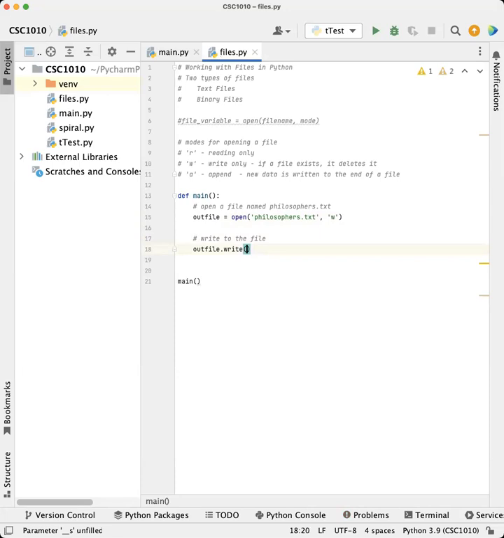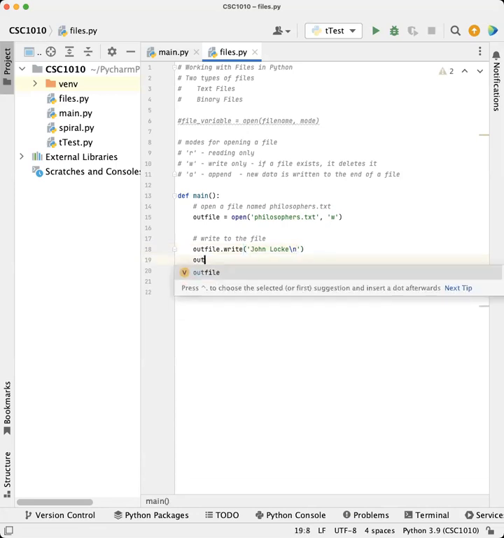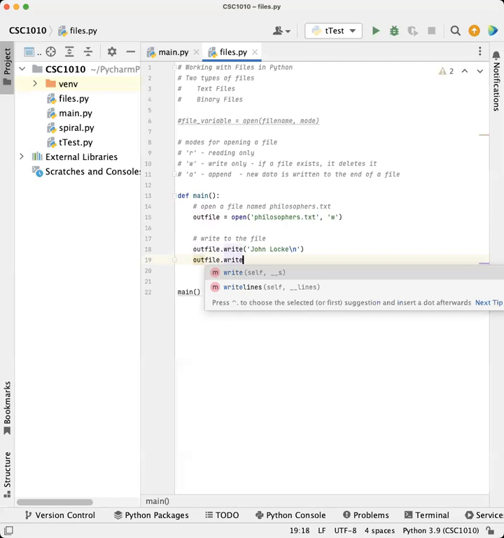Okay, so I'm going to do a write. What I'm going to write to the file is the name of a philosopher, John Locke. And then to organize my file, I'm going to do a new line character every time. So I'm going to write that one. I'm going to do an outfile.write